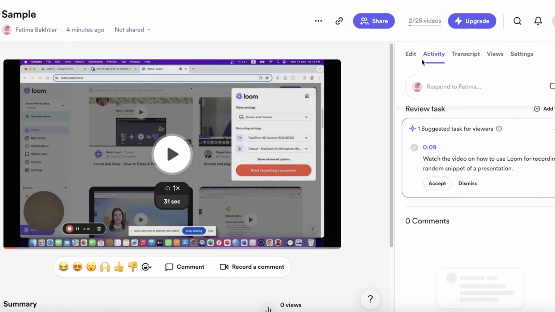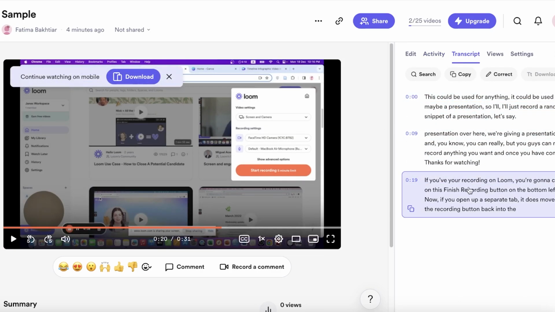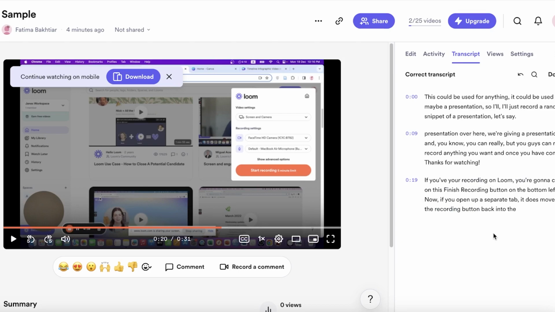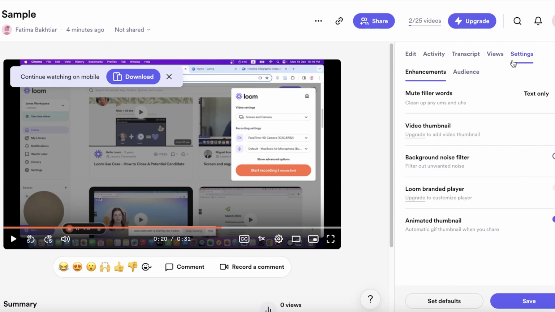You actually have your activity section to monitor all of the activity happening. Then you have your transcript that you can just copy, and if there are any mistakes, you can click on correct over here and you can correct to the actual word that you said. However, the transcripts that are generated with Loom are usually pretty great, so I don't really have to edit them often at all. And then we have our views section to see who has viewed this video,